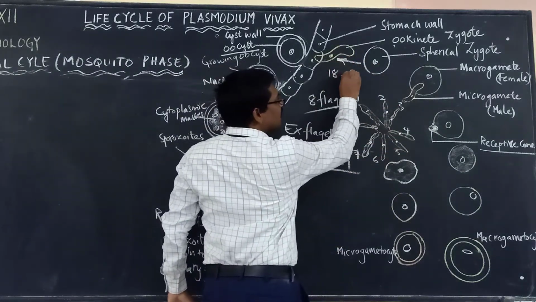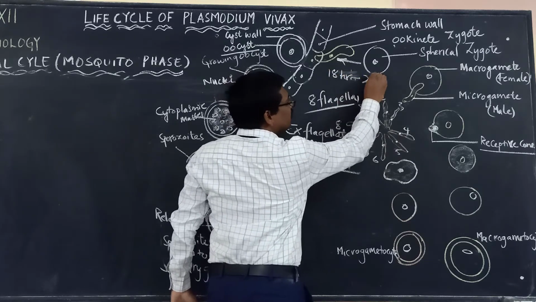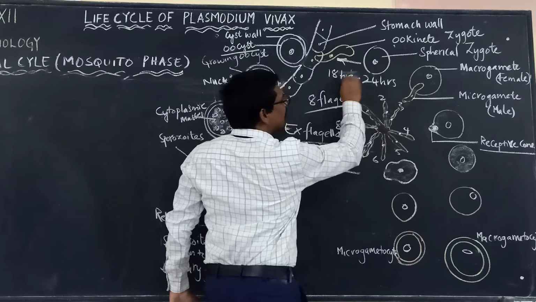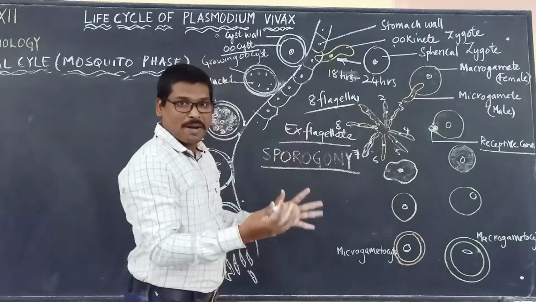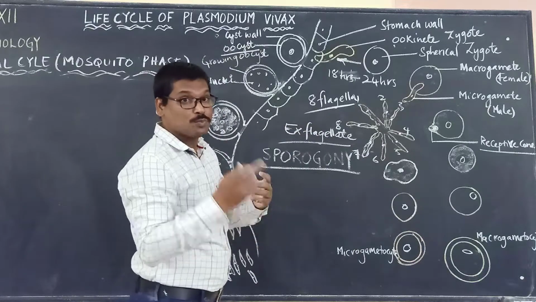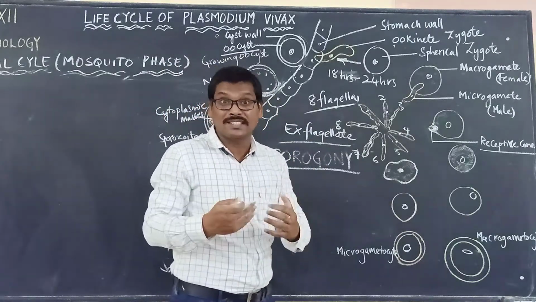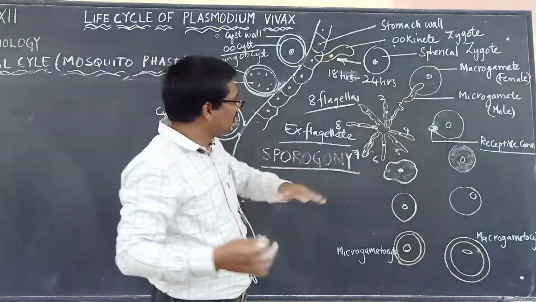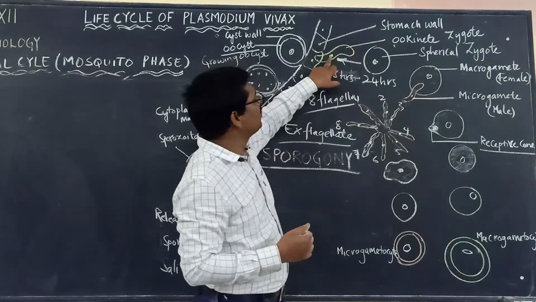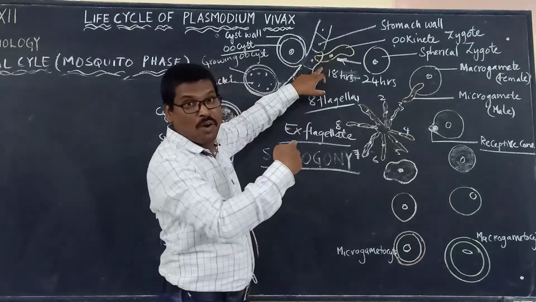It will be taking 18 to 24 hours, and it is changing into ookinete. Now it cannot stay in the lumen of the stomach, because gametocytes are the only ones which have resistance against the digestive enzymes present in the stomach of the mosquito. So immediately, this ookinete pierces the walls of the stomach